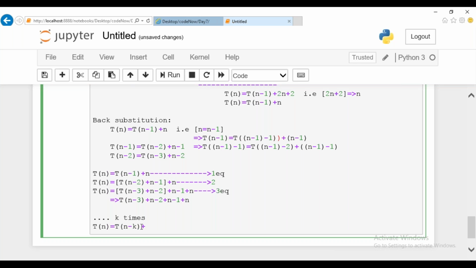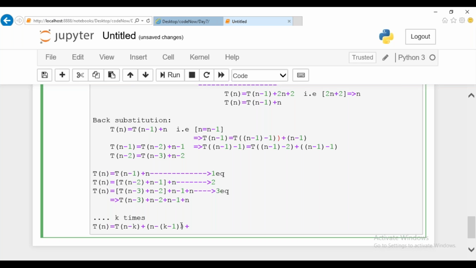And for the next step, I can mention n minus k minus 1, isn't it? Here I don't know what k is. Earlier I knew it was 3, so 3 minus 1 goes ahead with the next iteration, that is 3 minus 1, 2, 2 minus 1, 3. Here I don't know what k is, so I can mention n minus k minus 1 times the next step will be.